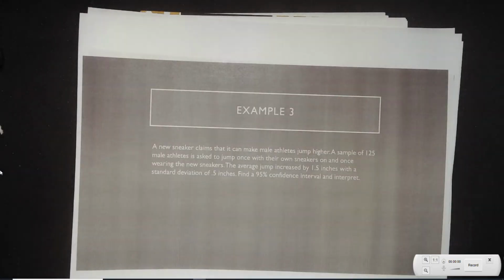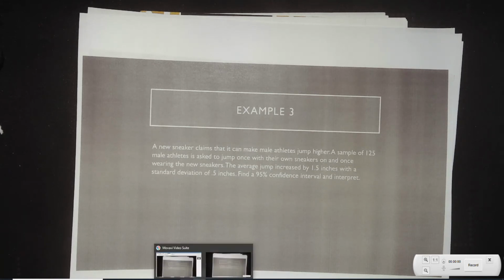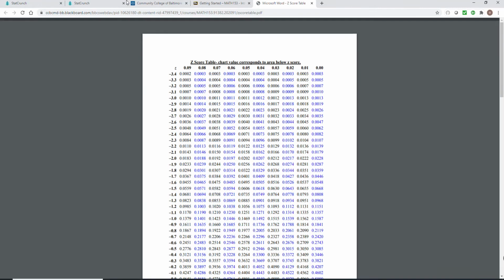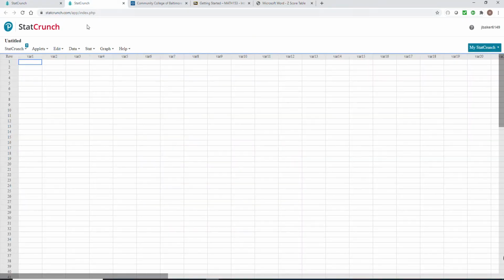But a new sneaker claims that it can make male athletes jump higher. A sample of 125 male athletes is asked to jump once with their own sneakers on and once wearing their new sneakers. The average jump increased by 1.5 inches with a standard deviation of 0.5. Find a 95% confidence interval and interpret it. So if I go ahead and jump over to StatCrunch real fast, I'm going to go to